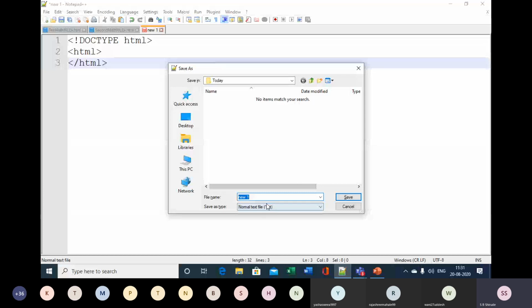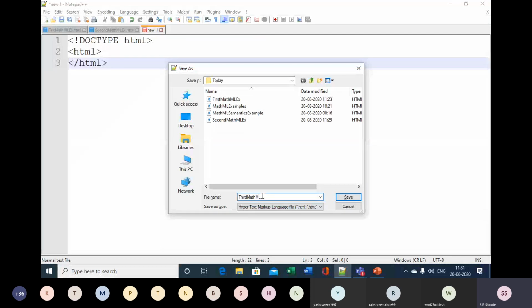If you do not save the file, then that auto completion feature is not possible to appear. So therefore save it.